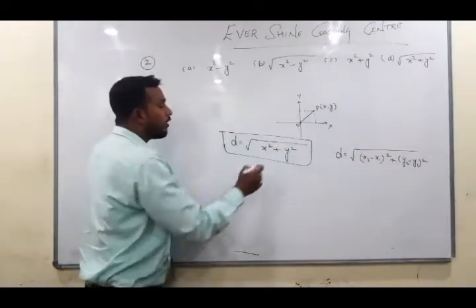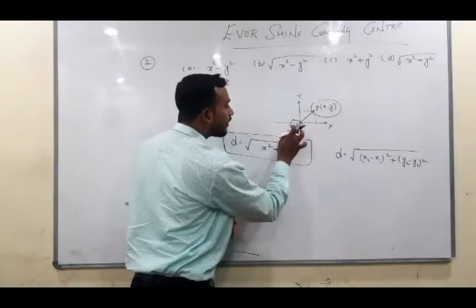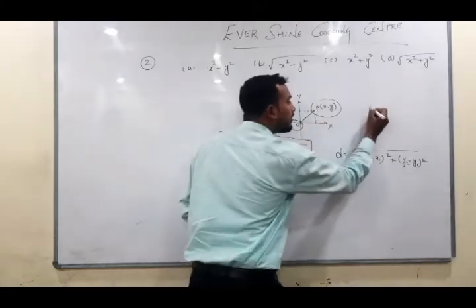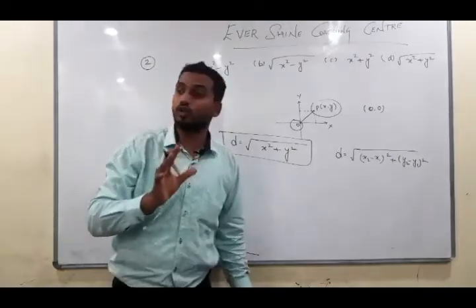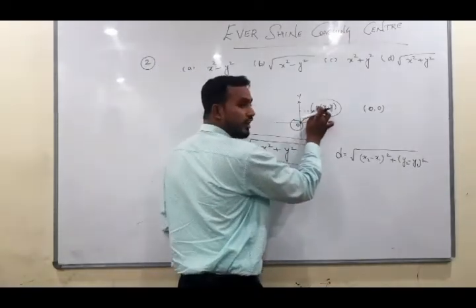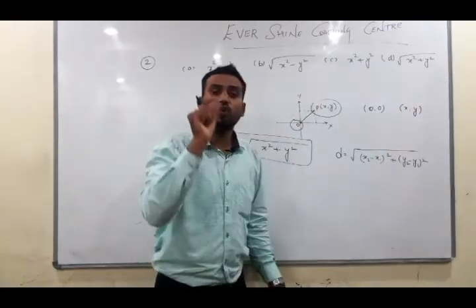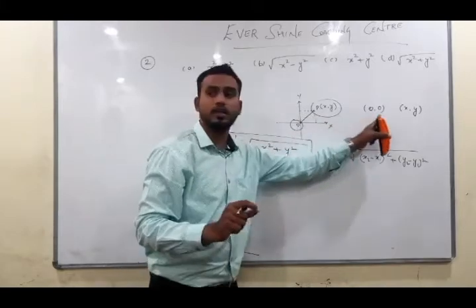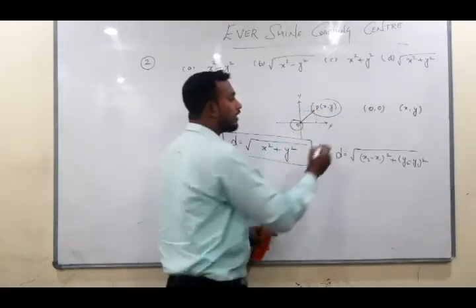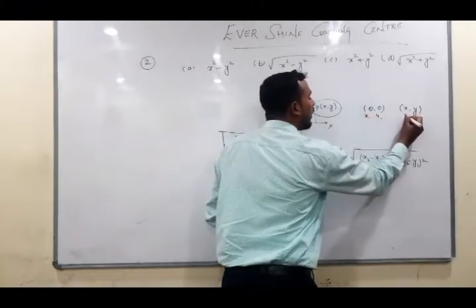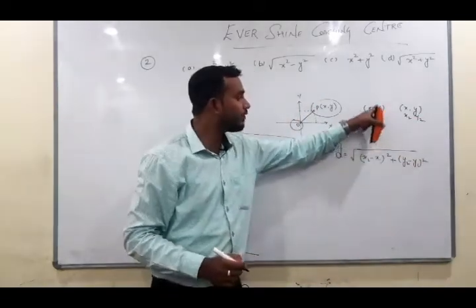Now here we have one coordinate, here we have one coordinate. So what is the coordinates of origin? That is 0, 0. Coordinates of the origin will be always 0, 0. Now what is the coordinate at the other end? x, y. If it is only one coordinate, we usually write x1, y1. But here we have two coordinates, origin and this P. So here shall we write this as x1, y1 and this is our x2, y2. Did you understand? This is our x1, y1, and this is x2, y2.